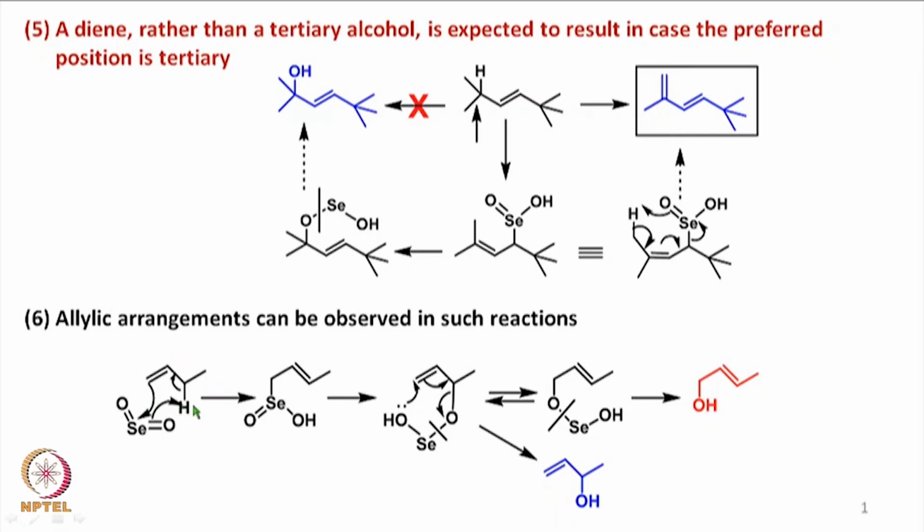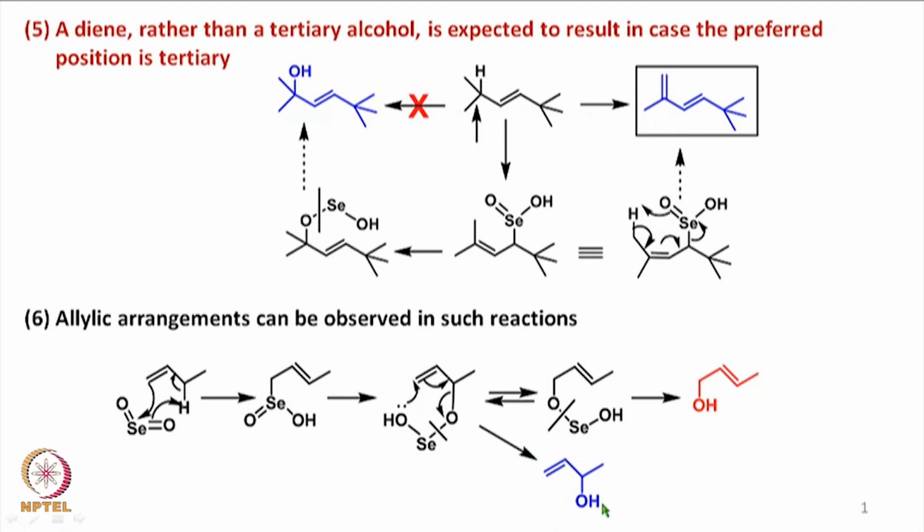In this particular case, where there is a terminal double bond and the allylic hydrogen is located here, when the selenium dioxide reacts with this olefin, we can expect to get an intermediate of this type having a selenide species, and that can undergo rearrangement as in all the other earlier cases that we have seen, and can form such an intermediate